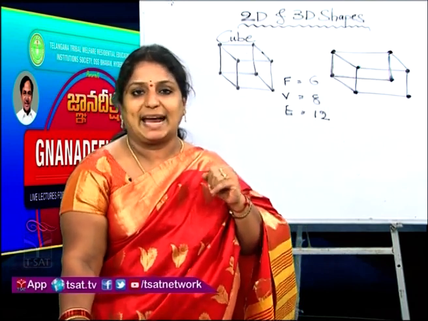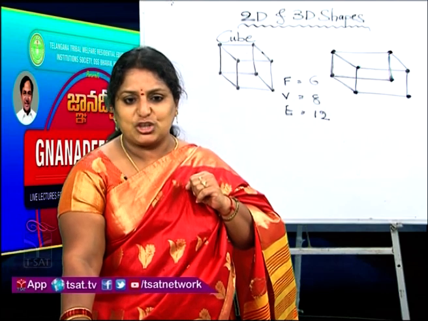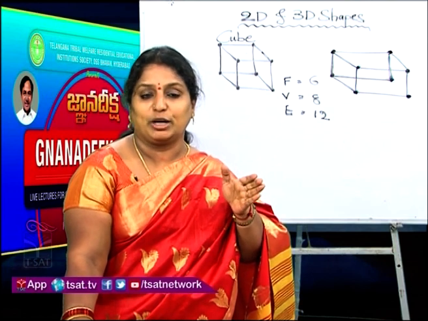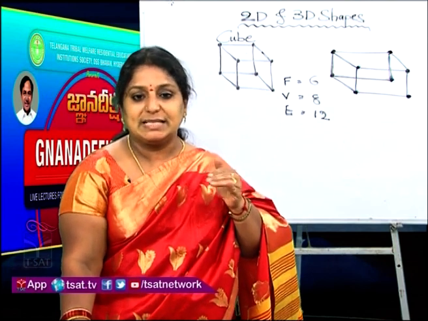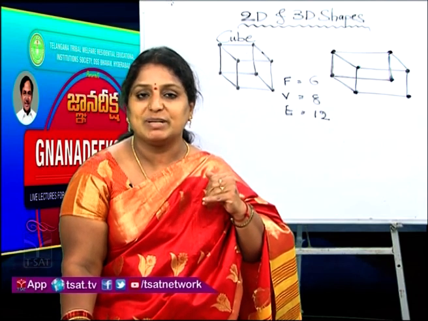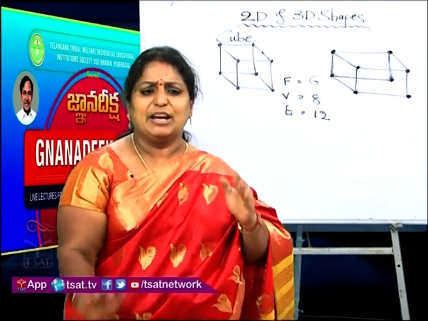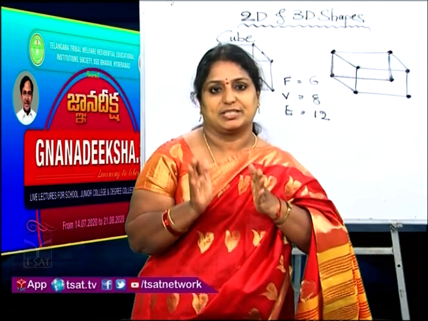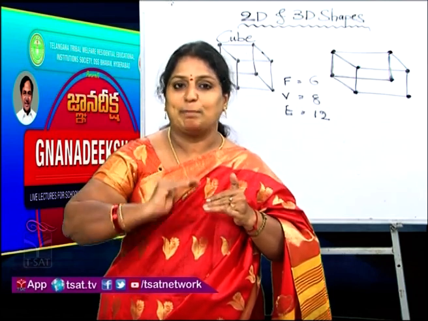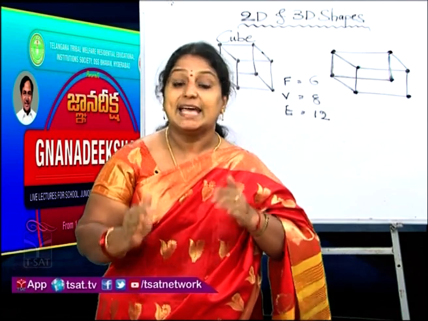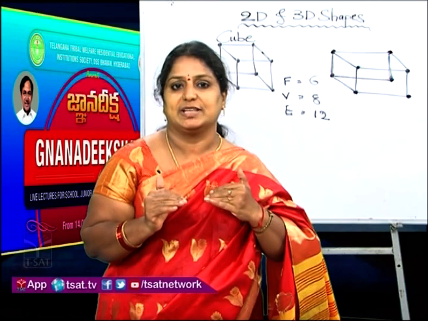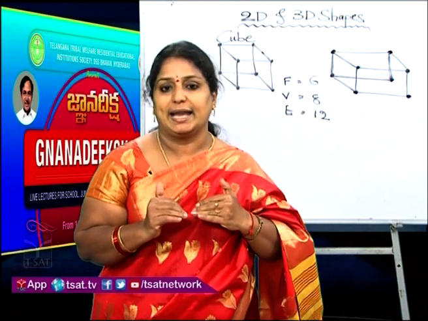Now what about the Kit Kat? If you see the Kit Kat chocolate, the shape of the top is a trapezium. Now imagine what is the shape at the bottom. Bottom is also a trapezium. Similarly, if you take the wooden box, top is in the form of a rectangle, bottom is also in the form of a rectangle. Now what did you understand from these pictures? If you see clearly, children, for a prism, the top and bottom will be congruent faces. Any solid object which contains top and bottom, both congruent polygons, they are called prisms.